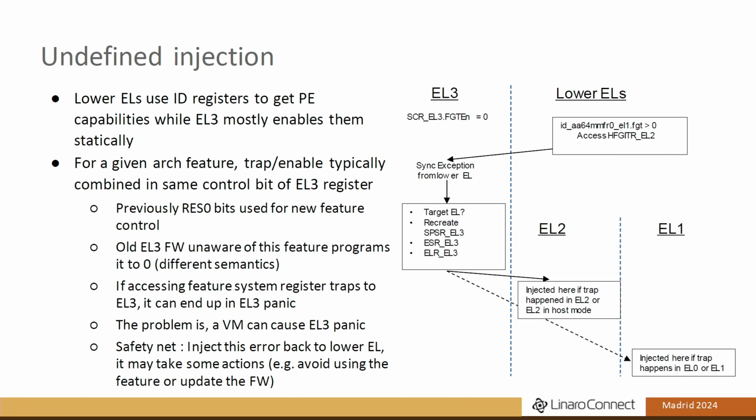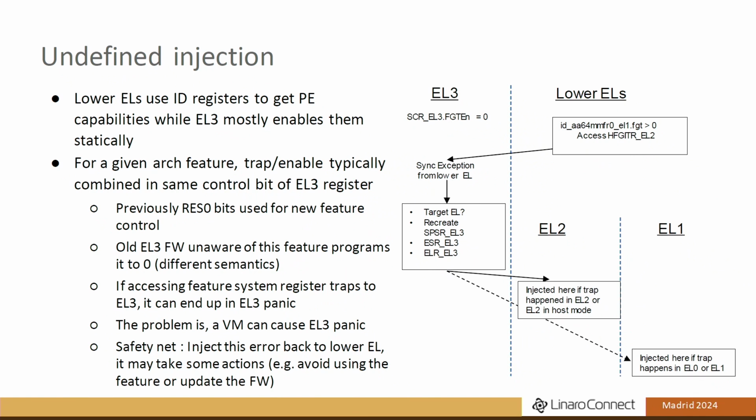So for a given Arm feature, generally the enable or trap is some EL3 register, which is reserved 0 in the past, and in future you just introduce a new feature with that EL3 bit. Old EL3 firmware, which is unaware of this feature, will just write it to 0, which is different semantics, but still it's 0. And